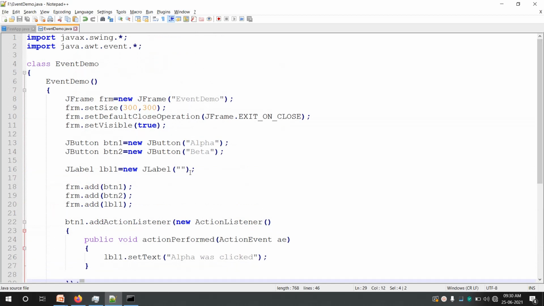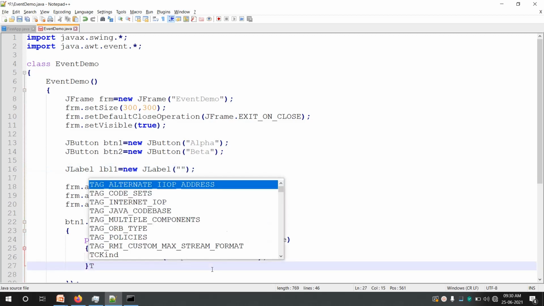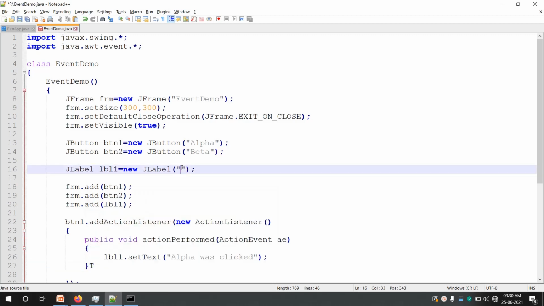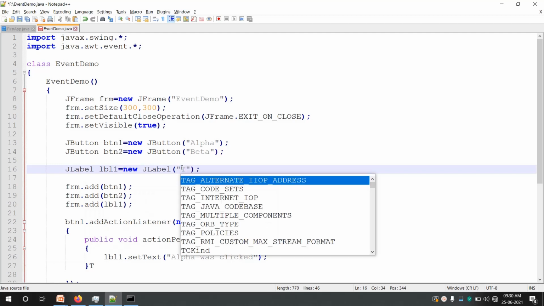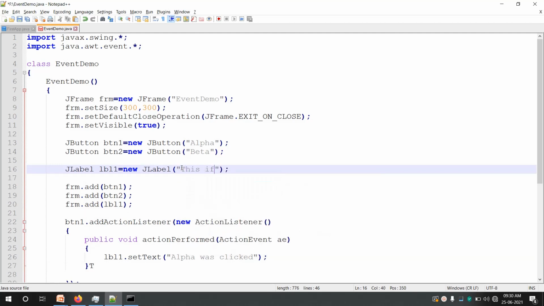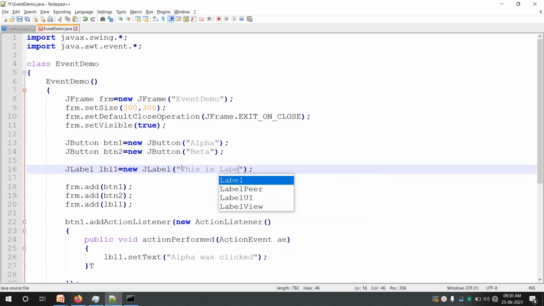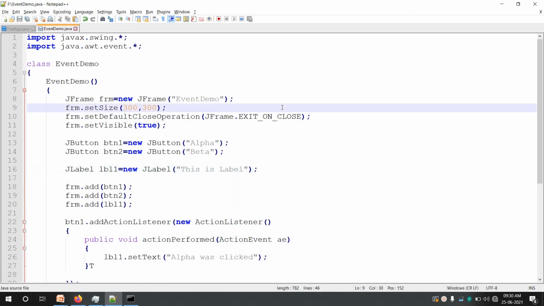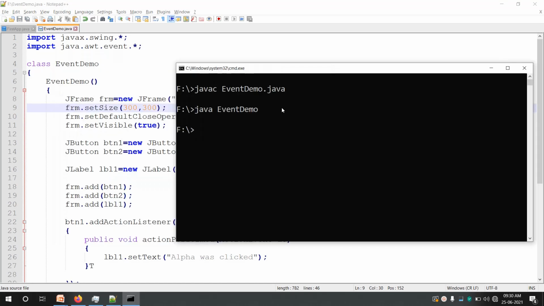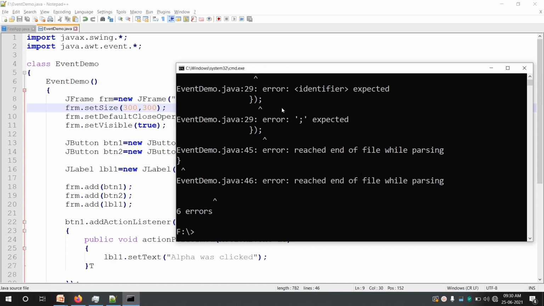Okay, I'll add some text on the label as well. I'll say, this is label. Okay, there is an error.